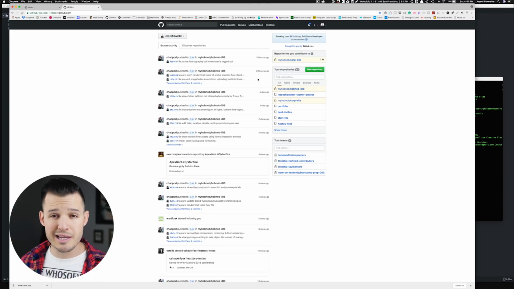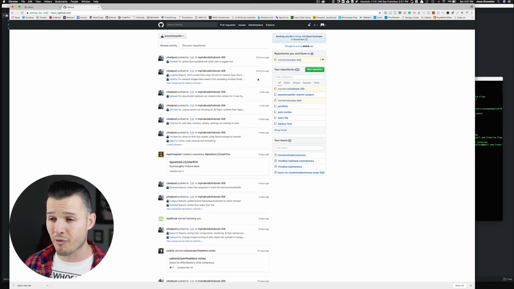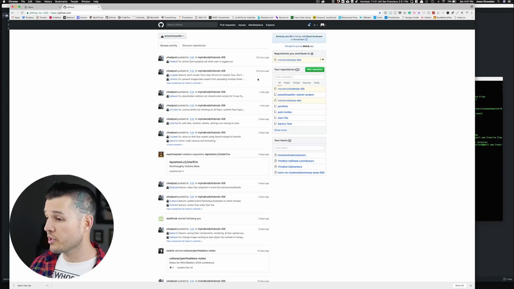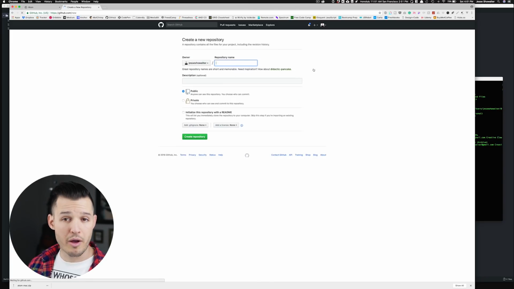If you've never used Git as a technology or GitHub as a platform, what's really great about it is it tracks the progress of your code. And on GitHub, you're able to share that progress, share that code, and then allow people to contribute to your code at the same time. Again, we're going to be covering lots of that as we go, but this is the basics of Git and GitHub. Once you're here and logged in, you're going to want to create a new repository.